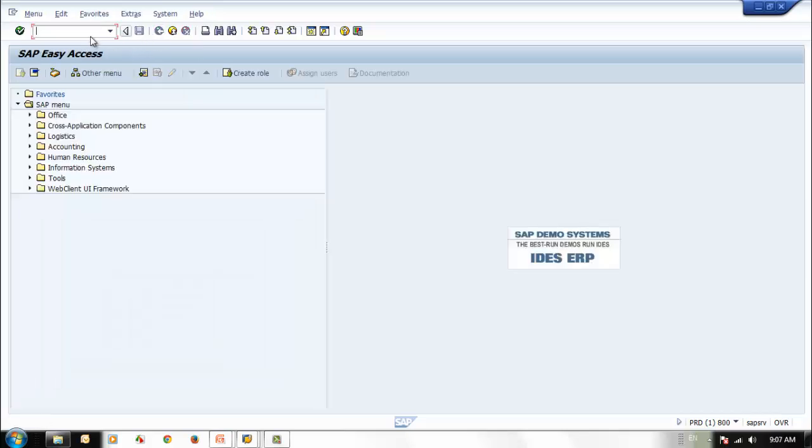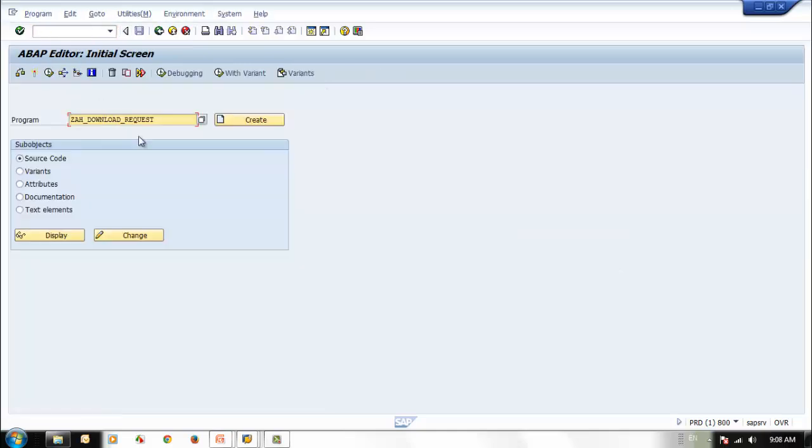But if you want to maintain this program or create this program, then you will use the transaction code SE38. Here you can maintain this program. You can display the source code, maintain variants, you can have attributes, you can have documents, or you can have text elements. Like this you can do the maintenance of this program in the transaction code SE38. So if you click attributes and click display,